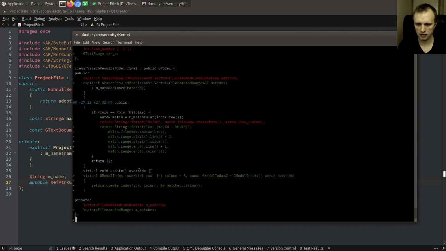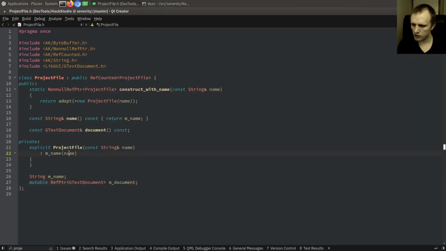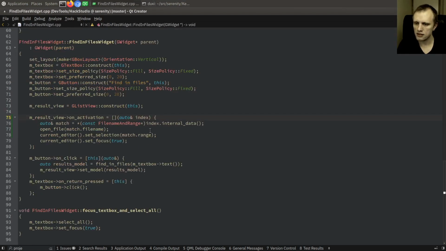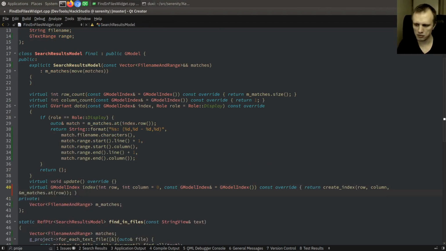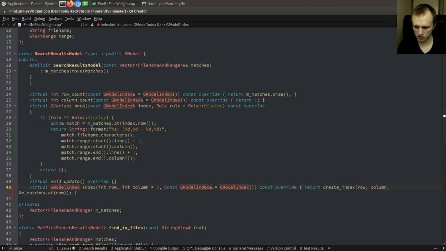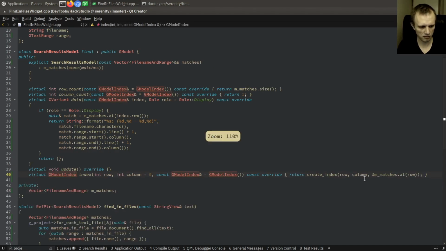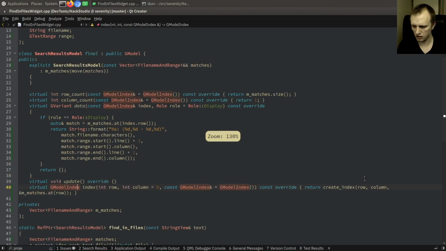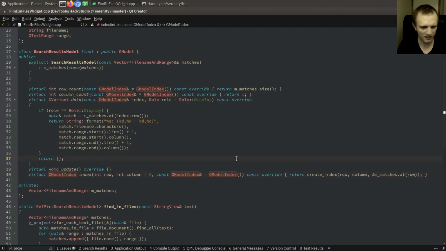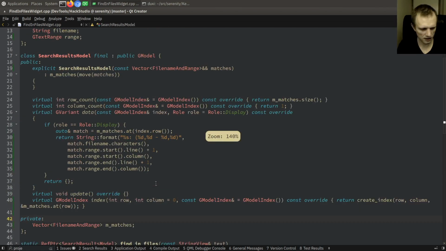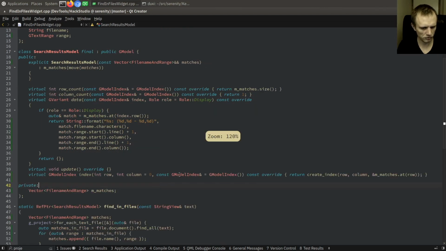And here is that custom index override that inserts the cool internal void star thingy so that we can get to the internal data of the index. Let's just tidy that up a little bit. Can we put that on a single line? Wait, is this wrapping or what? Oh yeah, it's just wrapping in Qt Creator. Well, that's weird. I guess I turned on line wrapping in Qt Creator at some point. I don't know if I like it actually, it's kind of annoying. I'm undecided. Anyway,